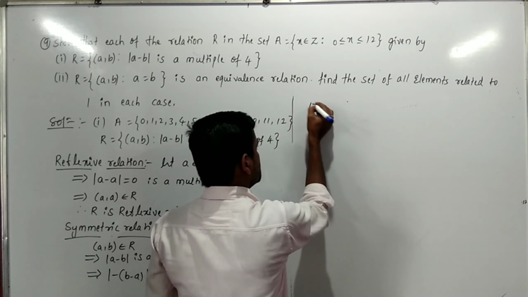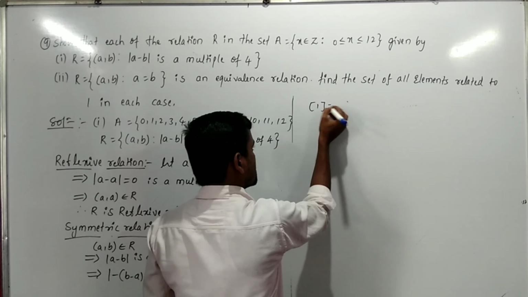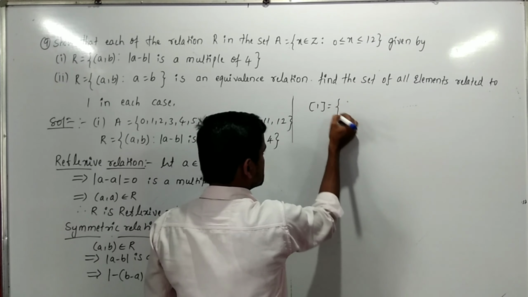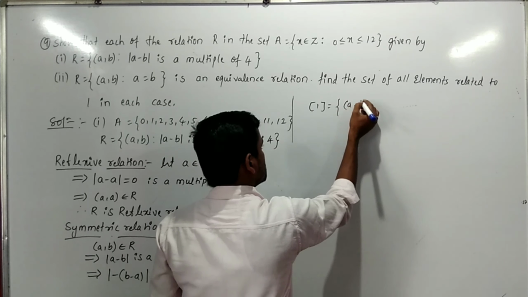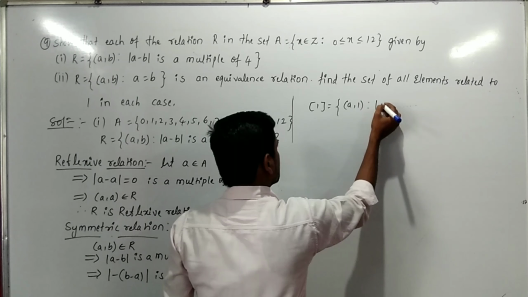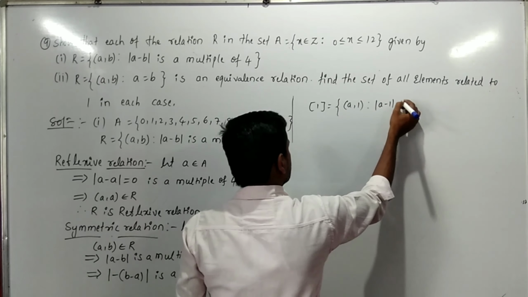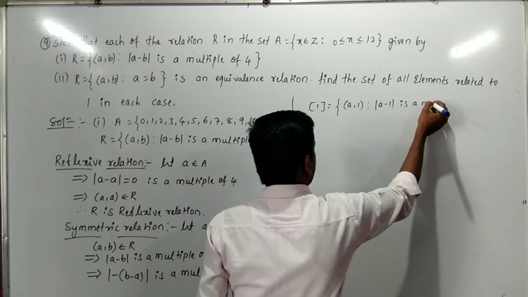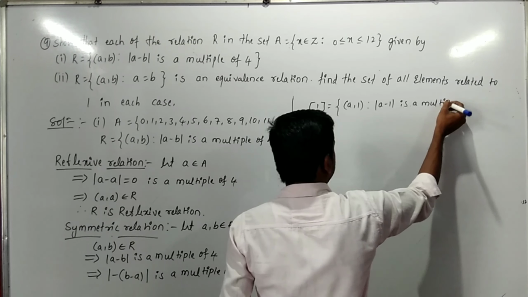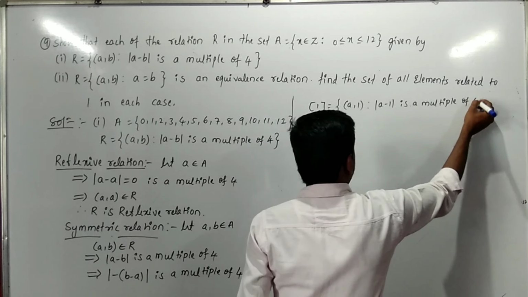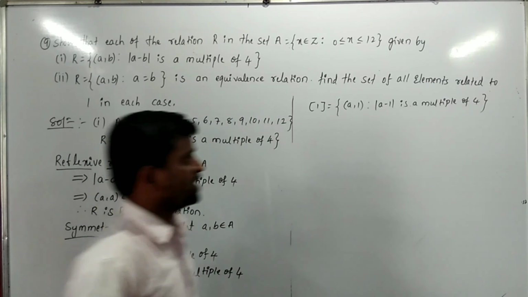When one is in an equivalence class, the relation is a comma 1 such that modulus a minus 1 is a multiple of 4. Then one is how they are